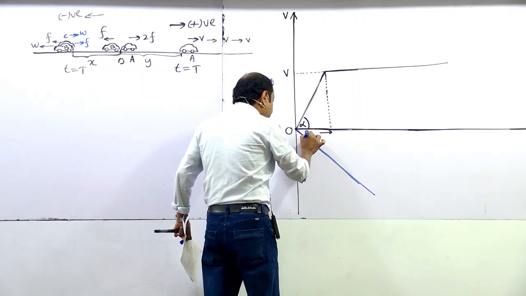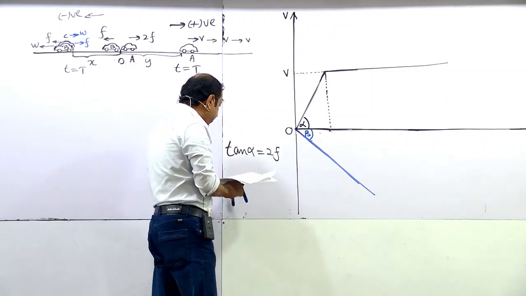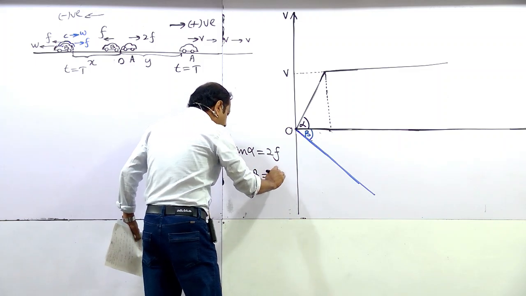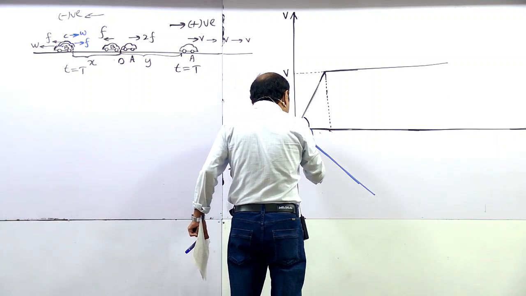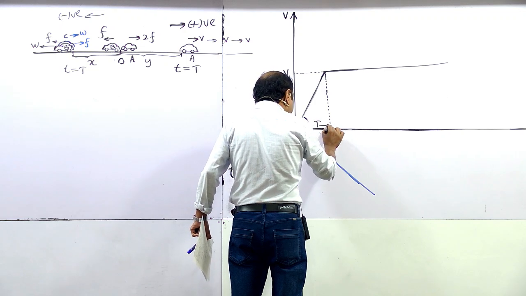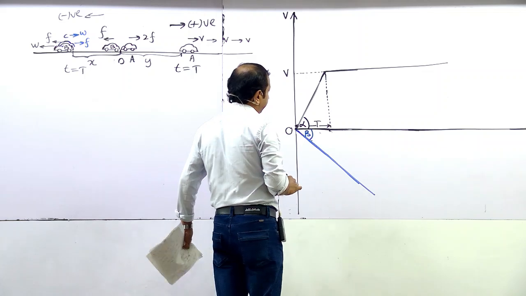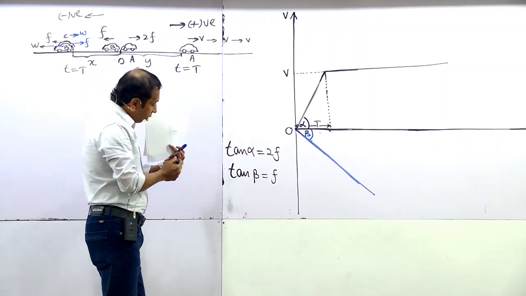Let us take this angle as beta. The tan beta is f. This time is T. Okay. Now, we can calculate